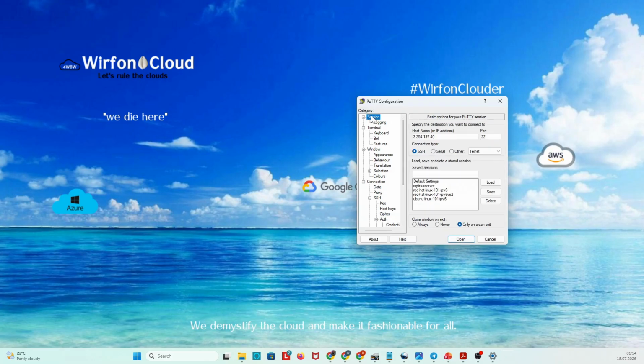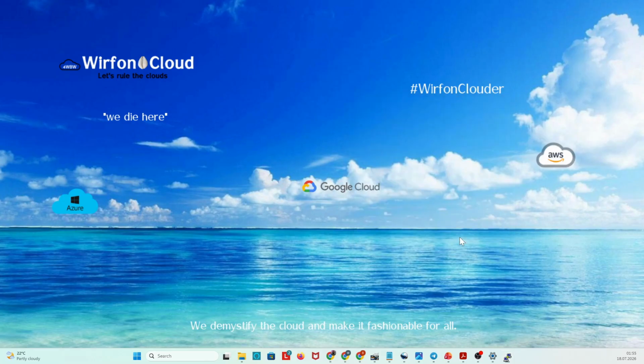I'm going to click on session, and I'm going to give this a name. I'm going to call it Linux Fundamentals. And once I do that, I'm going to save, and I can confirm that it's saved because it's now listed in my list of saved sessions. And if I click on this and I click on open,